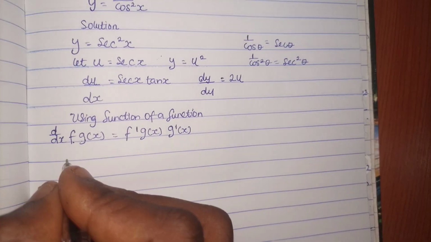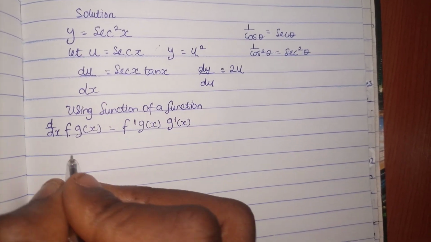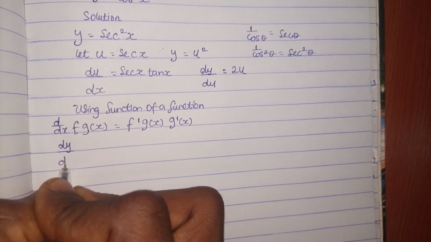This chain rule, function of a function, is telling us again that if you have dy over dx,